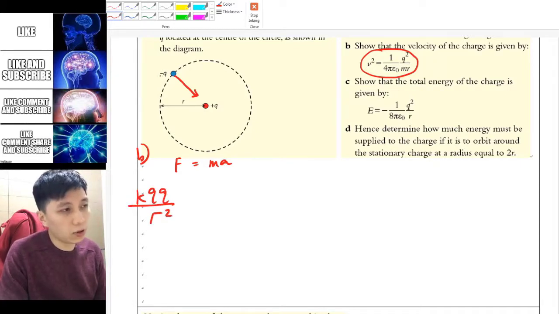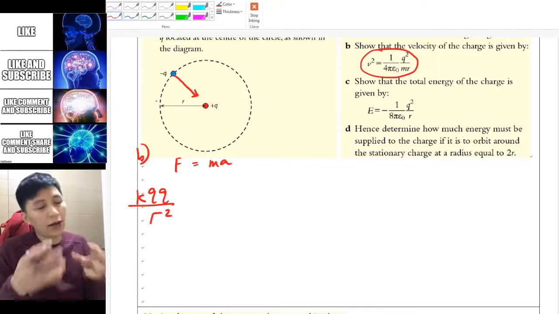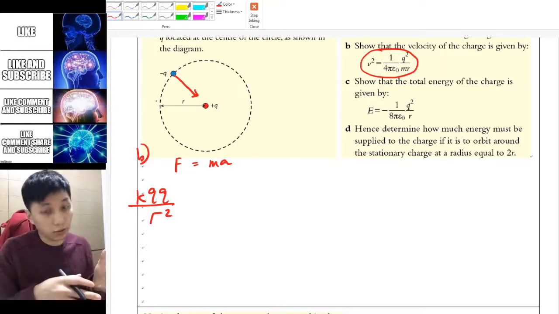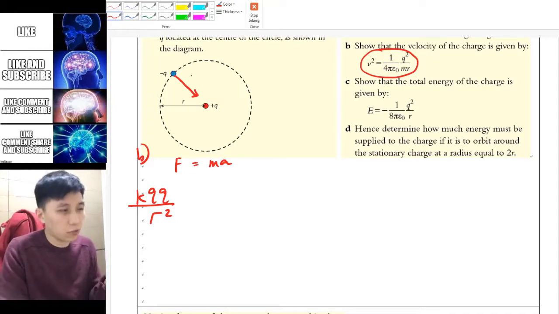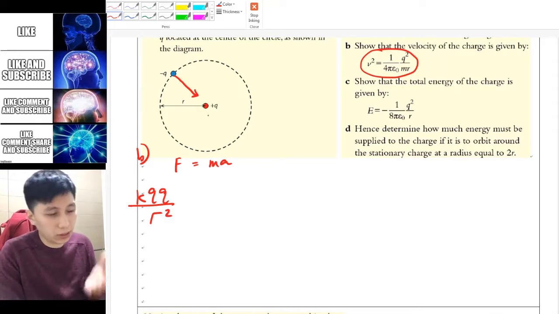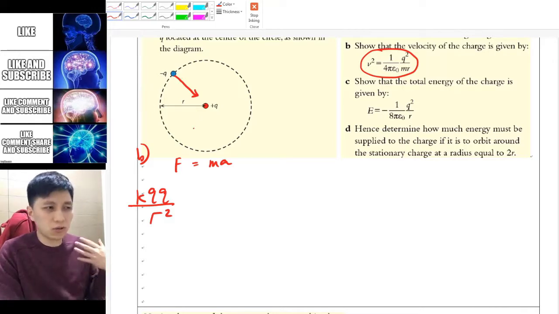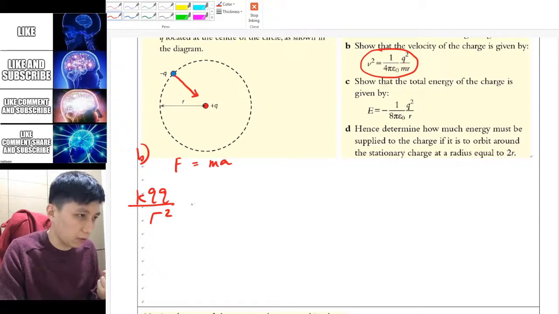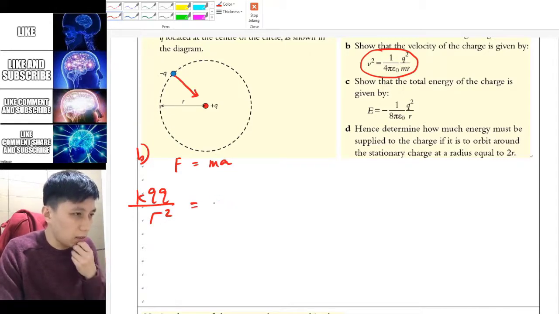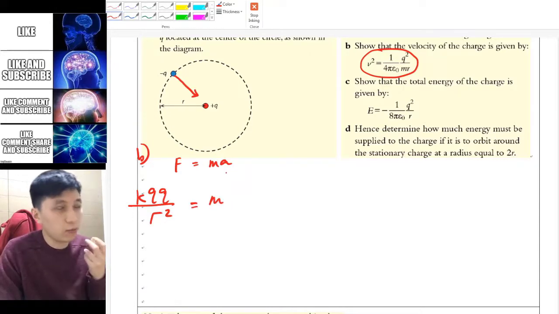Here I took away the negative because that tells us the direction, but in our case we already know the direction is pointing towards the center, so we don't have to include the negative here. Then we'll have m, and a will be the centripetal acceleration,